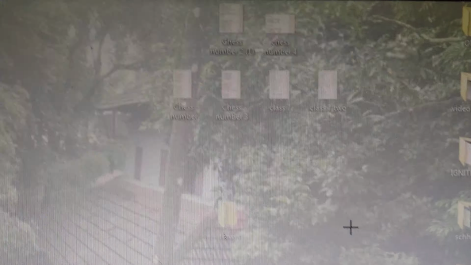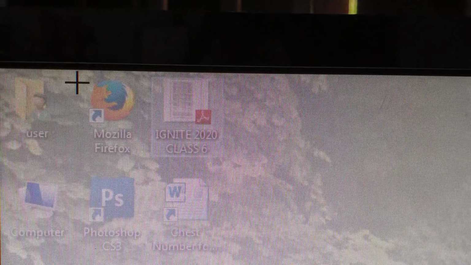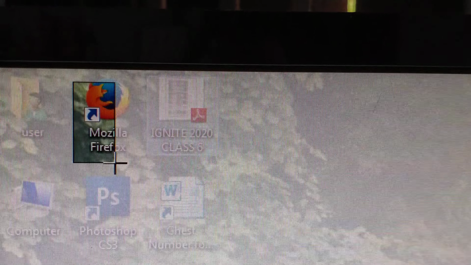So you can select only from this screen. This is my desktop view, that is, the background set. Here the icons are there. For the time being, I will select this icon. You can see whatever is selected will come on the slide.